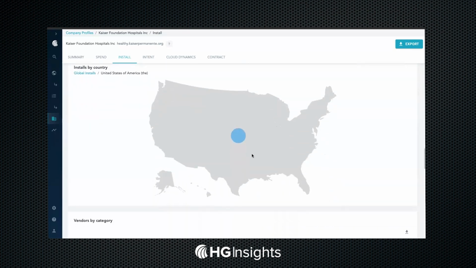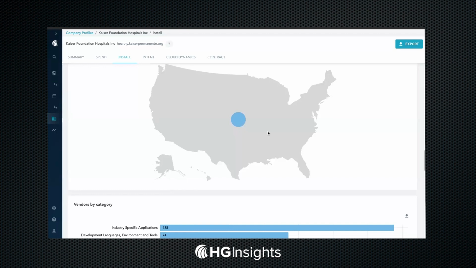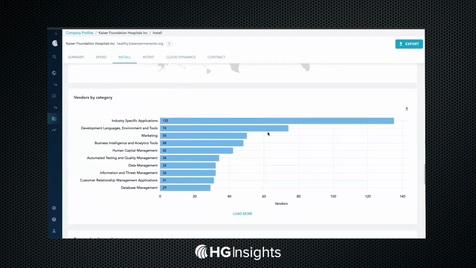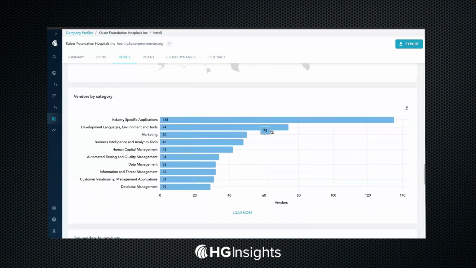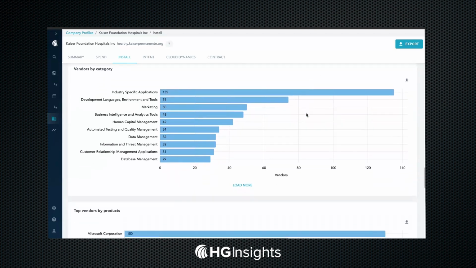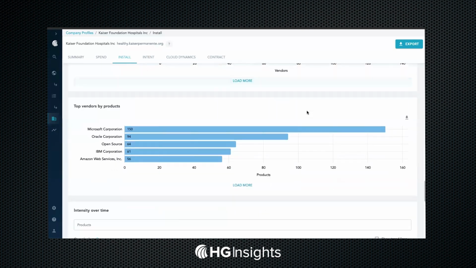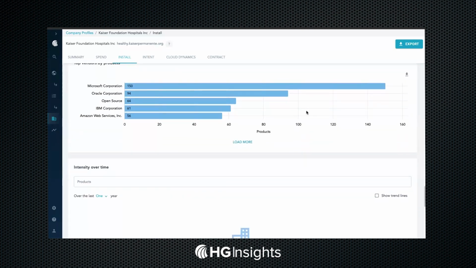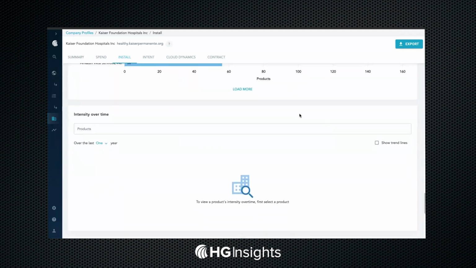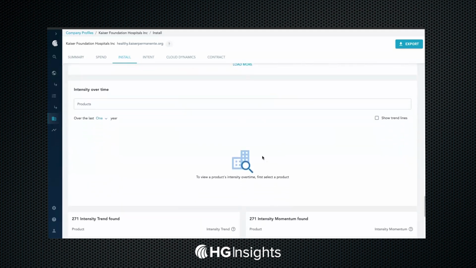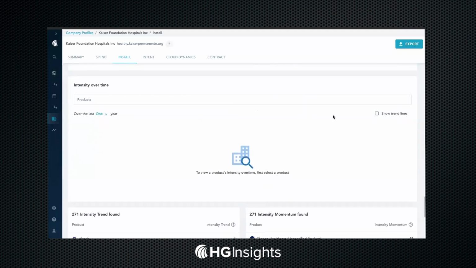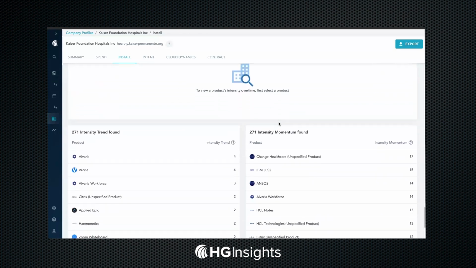You can get a different visualization of installs by country down here, as well as the vendors that have a significant foothold in this account by category. You can get a view of that. And then for the top vendor by product, we can start to look at these mentions and the intensity of these solutions over time. If we wanted to select a few here and visualize them with some trend lines, we can do so,